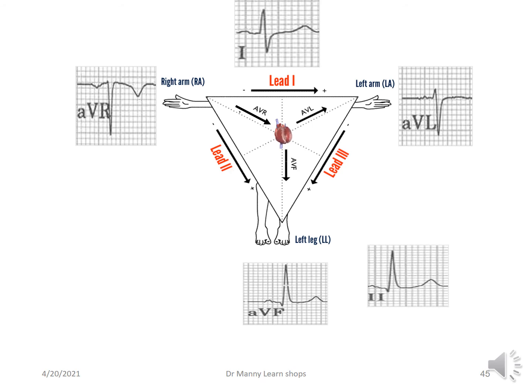Then you've got lead 2, which is a combination of AVL and AVF. Then you have lead 3, which is a combination of the right arm electrode, AVR, and the left arm and left leg electrode, AVF. These are our 6 standard limb leads that come off your limbs, your arms and your left leg,